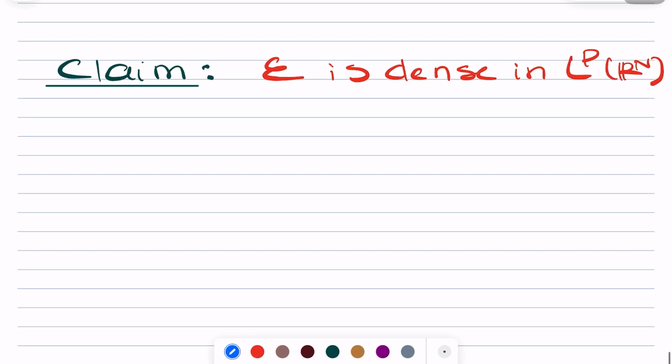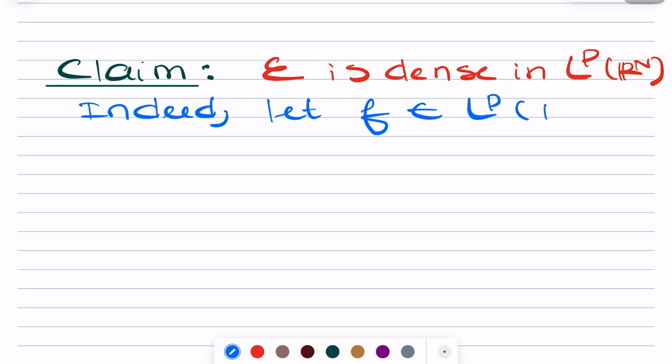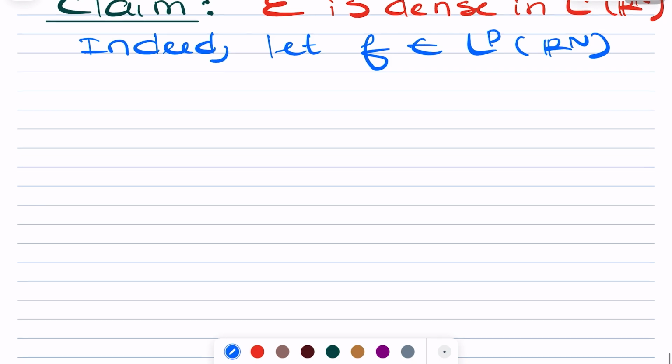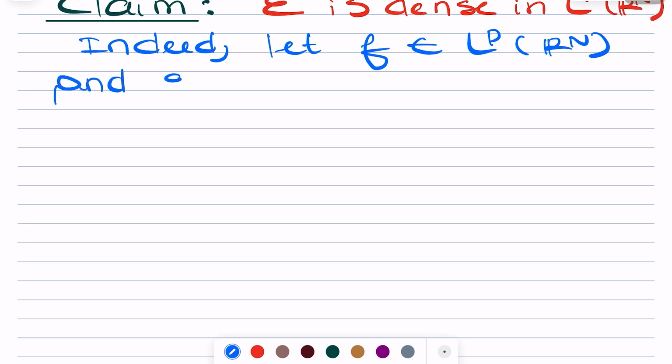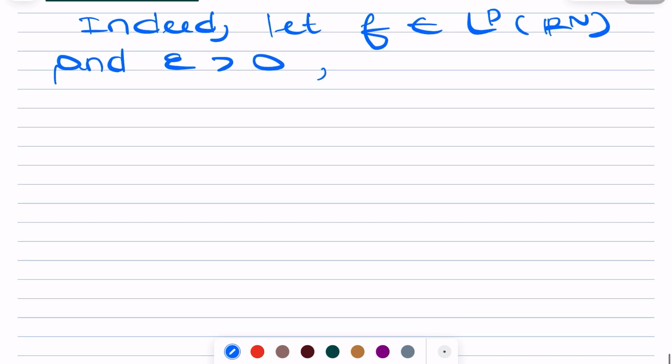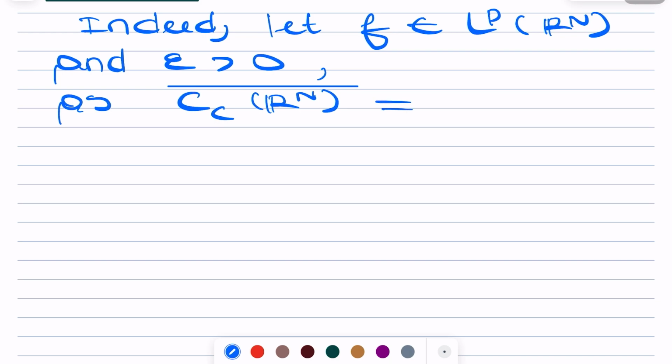Indeed, let f in L^p of R^n and epsilon positive. So as the space of continuous functions with compact support on R^n lies dense in L^p of R^n for the strong topology, there exist